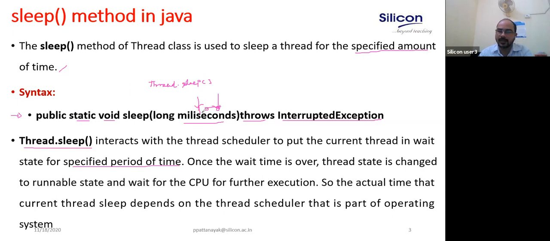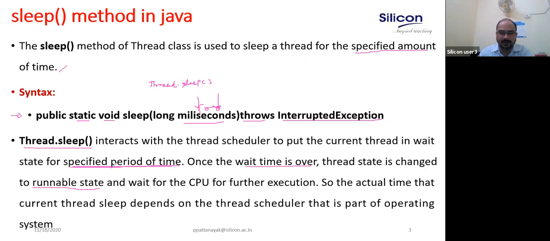If another thread is there in the ready queue, it can get a chance to use the processor. So you have to specify the time. Once the specified wait time of this thread is over, the thread state is changed to the runnable state. It's not the running state.